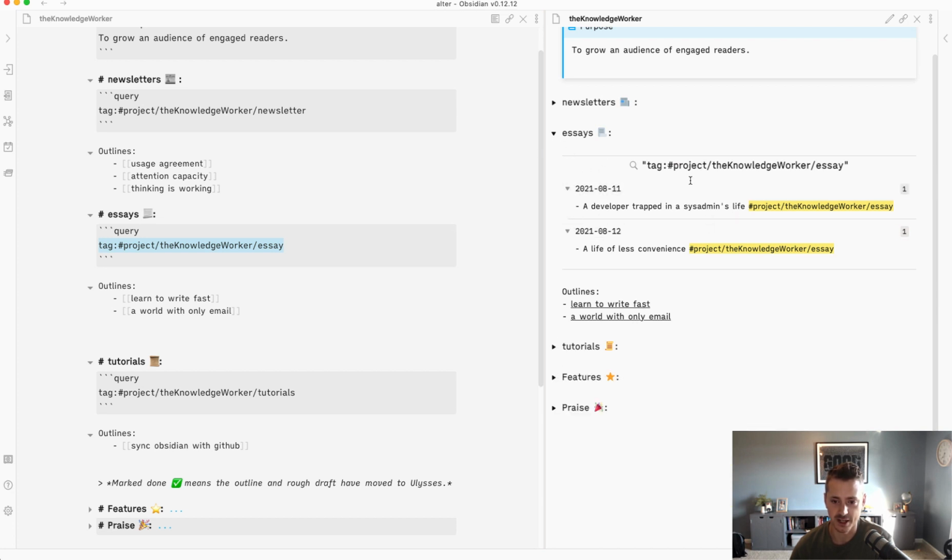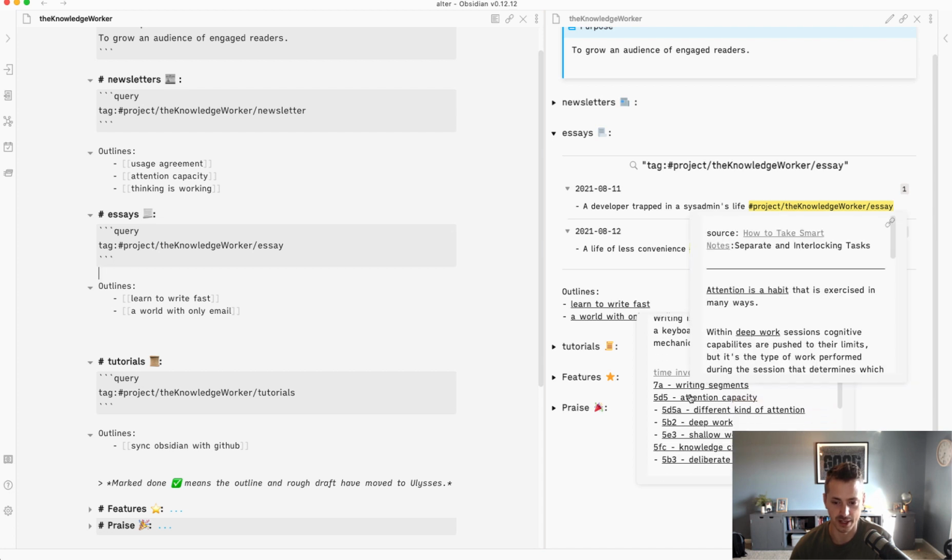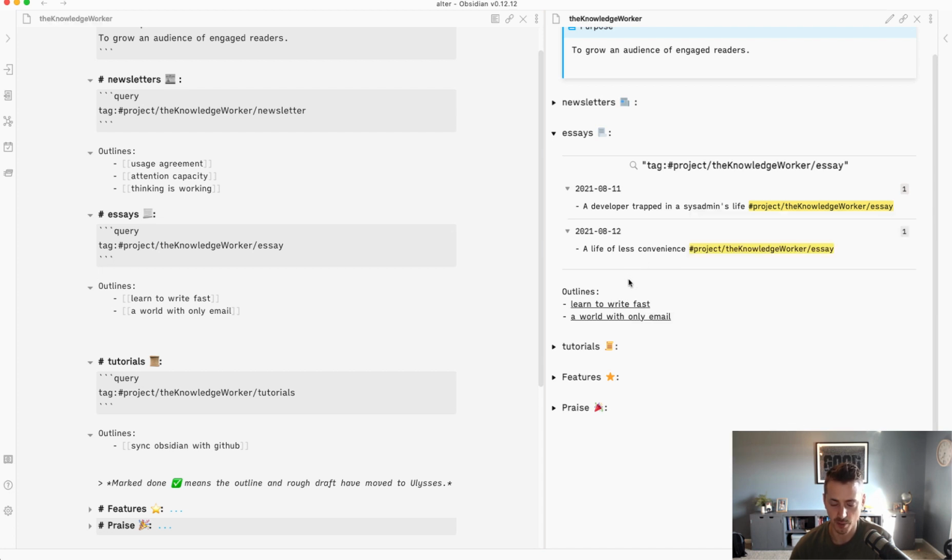This essay section has this query for essays, but then it also has note links. So these are notes that I'm currently outlining. And so if we hover over them, we can see the permanent notes that are starting to make up the body of this essay. But when these are done and they move into, like, I publish them or they're in rough draft and I'm kind of done, they're in the editing phase, I can now pull from my fleeting notes